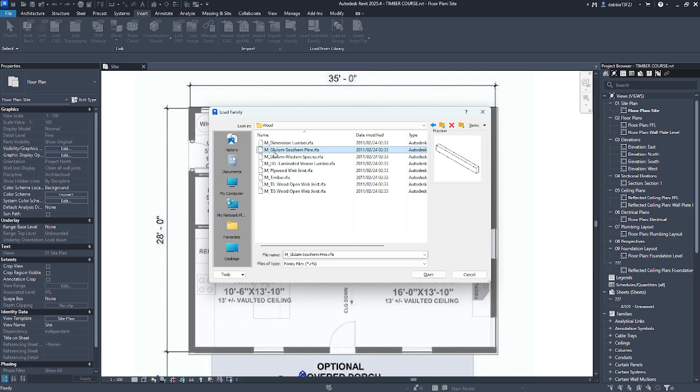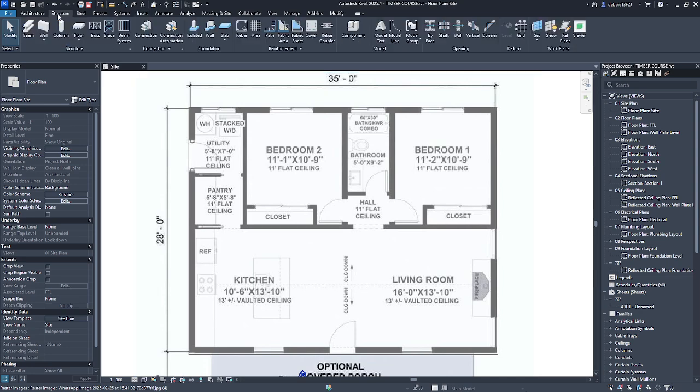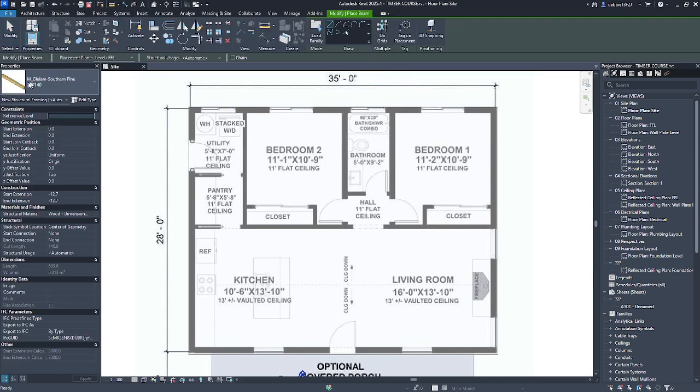Just go for the Glulam Southern Pine. We can edit the dimensions in Revit. So go structure, go beam. We have our Glulam Pine.